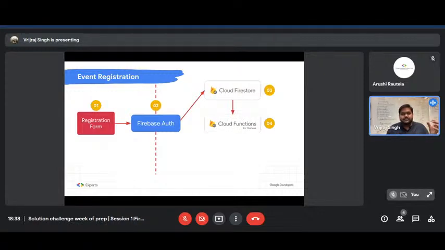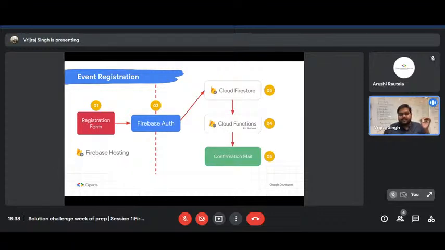logic. Let's say once the attendees register with our application, you can send a custom mail: thank you for the event, and we will send you more updates about the event in the upcoming week. So you can use the concept of Cloud Functions where you can send a confirmation mail.